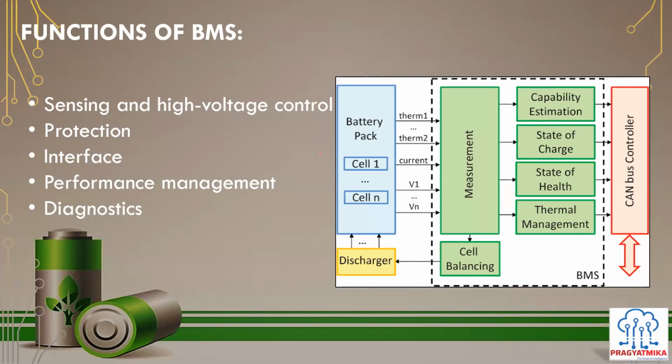Thereafter, once the cells are connected in the battery pack, what are the things that it establishes? It does the capacity estimation: what is the charge left, what is the SOC level of the cell, how much the cell has decayed, because with every charge and discharge cycle, with every loss of a cycle life of the cell, some part of the chemistry of the cell decays. So overall, the health is decreasing over a time period. Assume that once we have taken the cell in the battery pack, the health was 100%. Even if the cell remains in storage, there is some loss to the life of the cell. Once it has decayed by around 20%, which happens maybe in 3 years of operation,